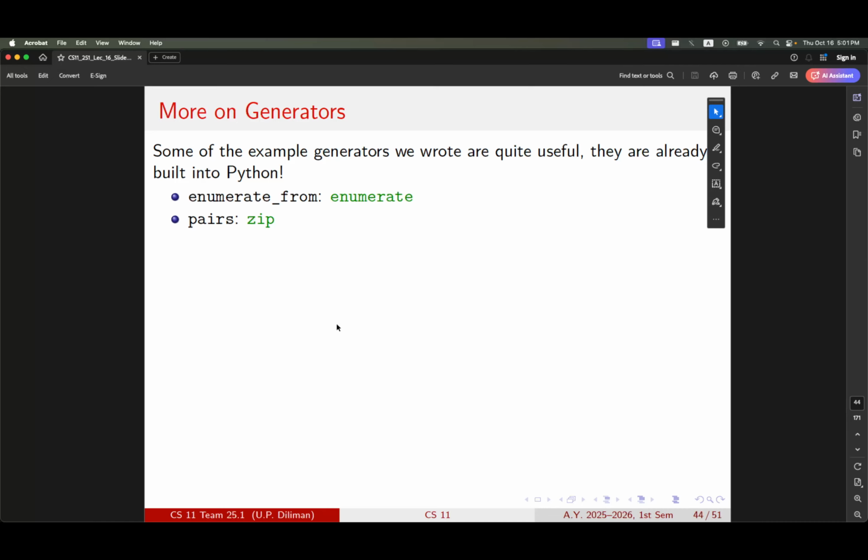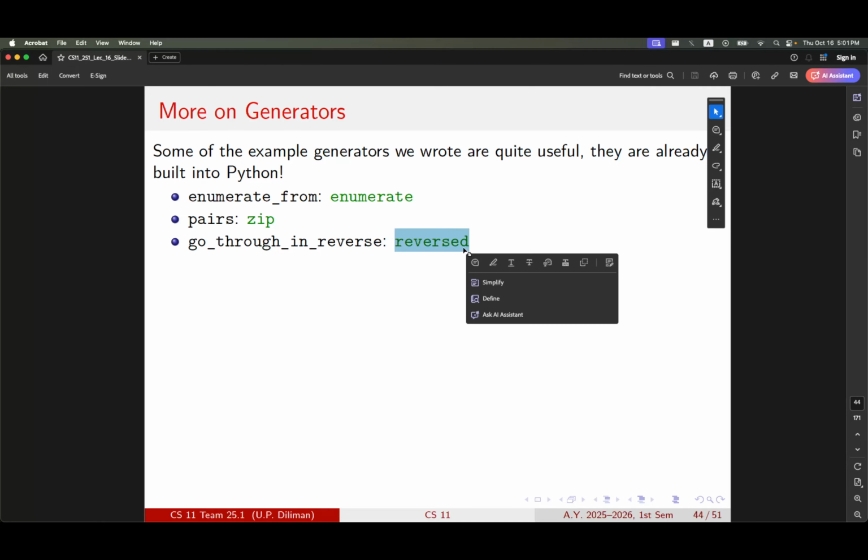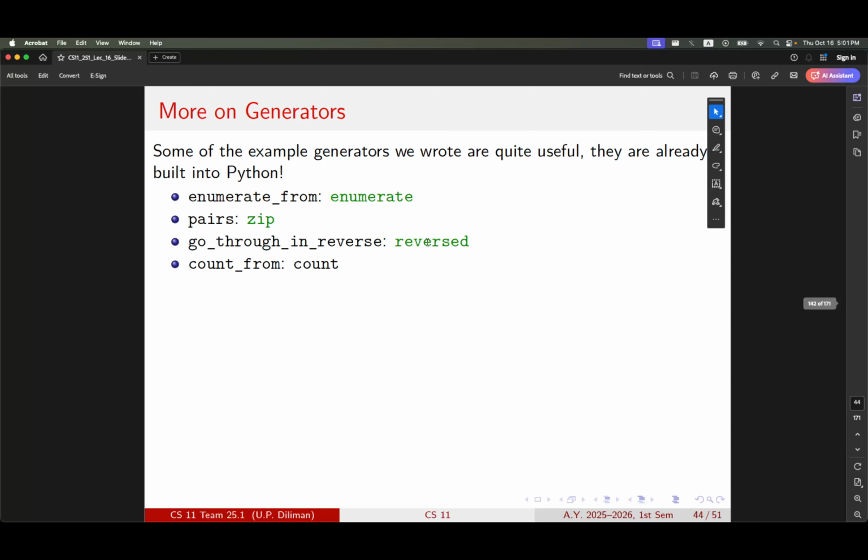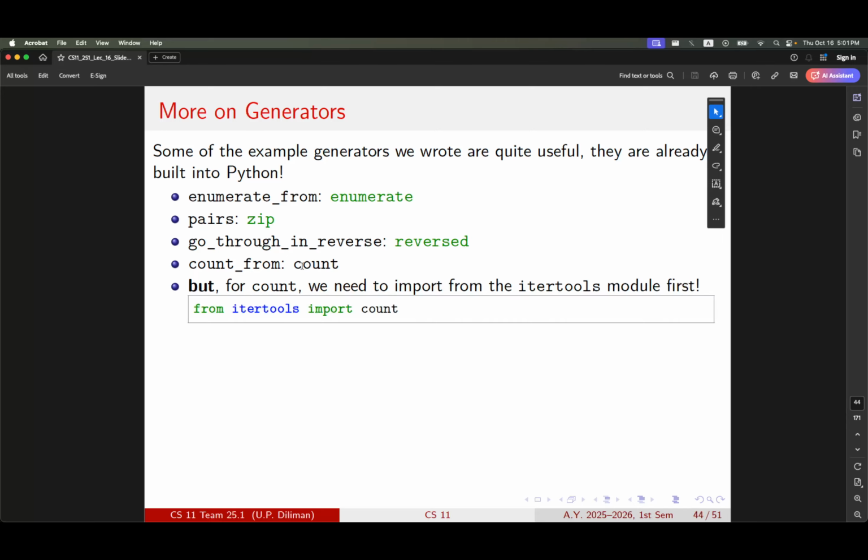Okay, so the examples that we did are actually built into Python. The enumerate_from is actually just the enumerate built-in function. The pairs function is zip, pairing up elements from two sequences together. The go_through_in_reverse is just the reversed function. Count_from is count, but for count it's not